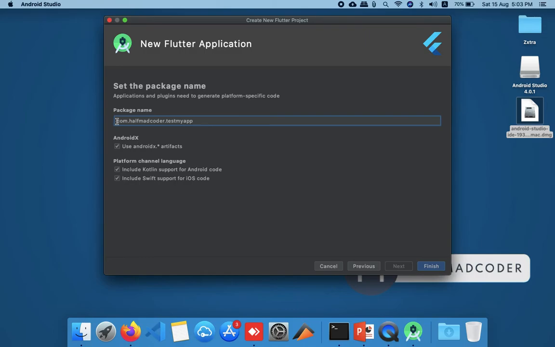This is the package name. The format is reverse domain format. Like I have a domain called hubmatcoder.com, so I have to put com.hubmatcoder.my test app name or my app name. Okay, so you may not have a domain. In that case, you can put anything here. No one is going to check whether this exists or not